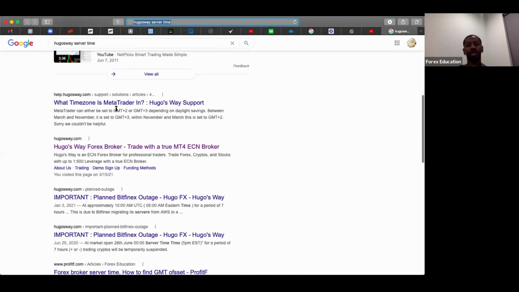There it is. GMT +2 or GMT +3, depending on daylight savings. Between March and November, it is set to GMT +3. Between November and March, this is set to GMT +2. So we are in March, and between March and November, it is set to GMT +3. All right, so now that we know that,